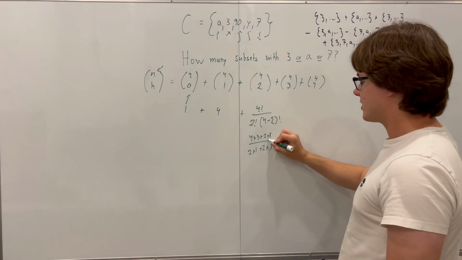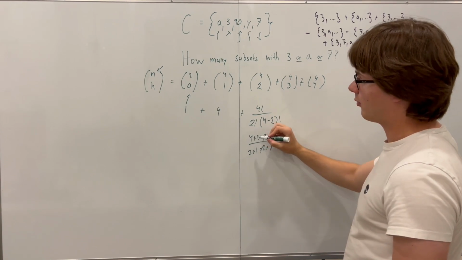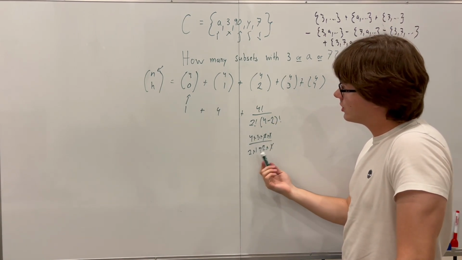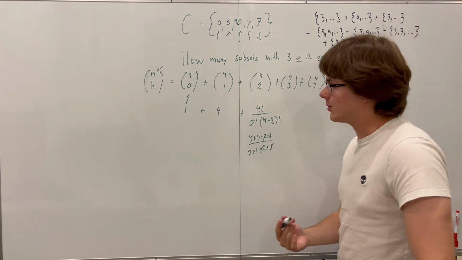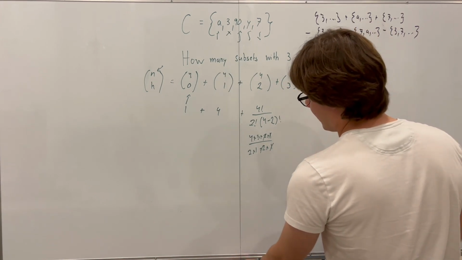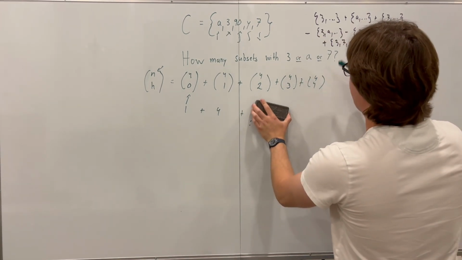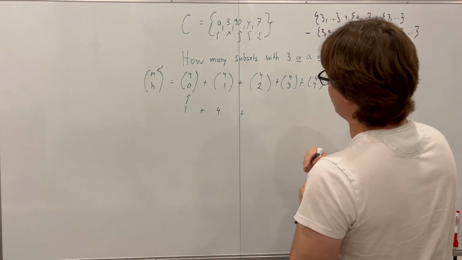What do we notice? The 1's cancel, the 2's cancel, so we're left with 4 times 3, which is 12, over 2 times 1, which is 2, so 12 over 2, that's going to be 6. There are 6 ways you can add 2 more elements to a subset already having a 3,